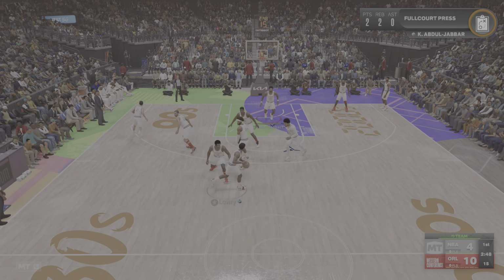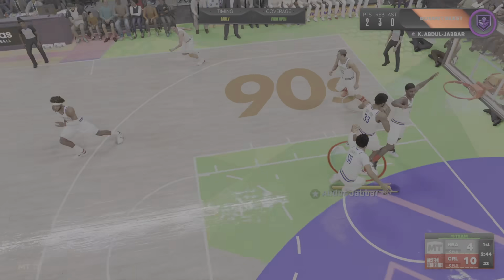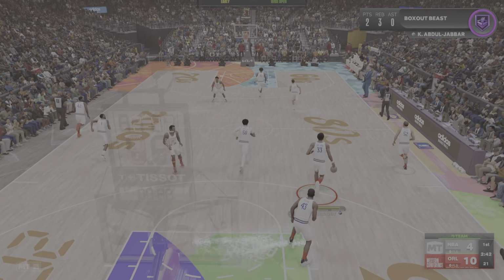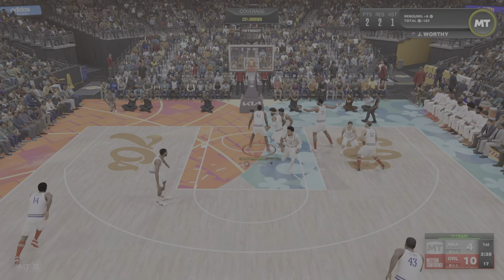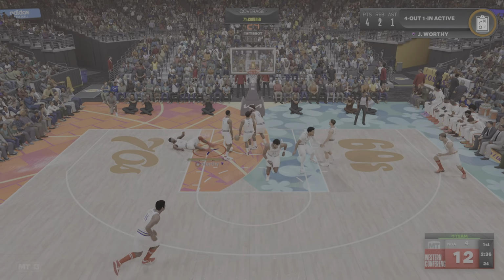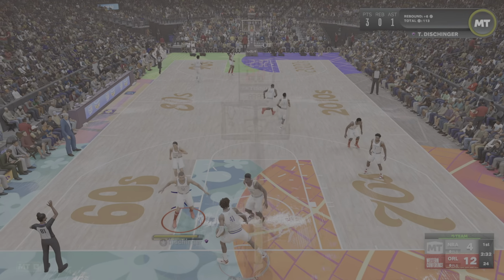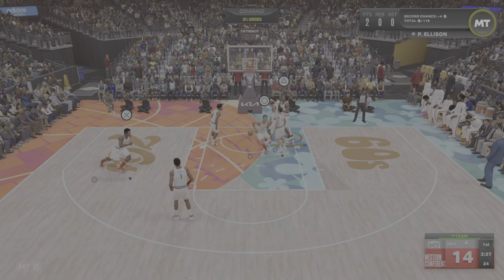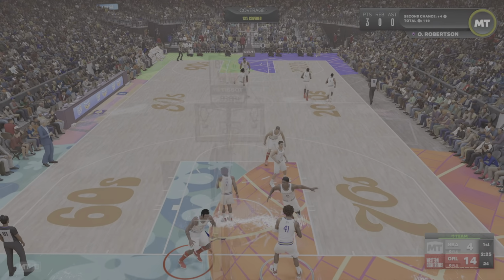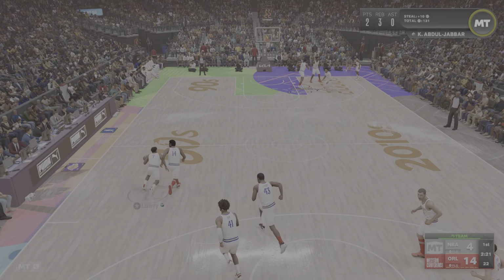Here's Gillespie. A shot by Lowry. Wide open. Off target from outside. And you don't want to give up that kind of look too often. Kyle Lowry has an incredibly sharp mind for the game of basketball, doesn't he, Brent? Kyle thinks the game just so well out there. You drop him in any situation, and he's going to figure it out. So for any team, he's a great floor leader, and he's one of those guys that in clutch moments you know is going to come through.